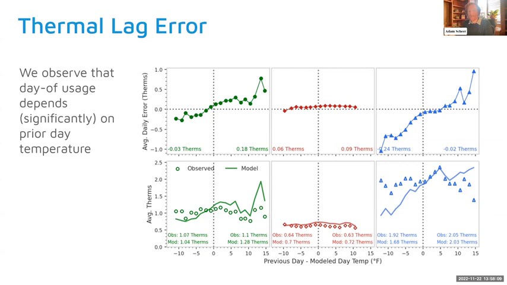So, I don't think any of us doubt that this is a real thing, but it's nice to have a measurement of it. And so this is another issue, getting back to those 3 areas of bias in the daily model: weekend, weekday, seasonal, and thermal lag / behavioral. These are things that we are well aware of.